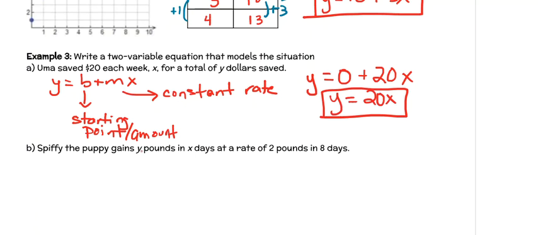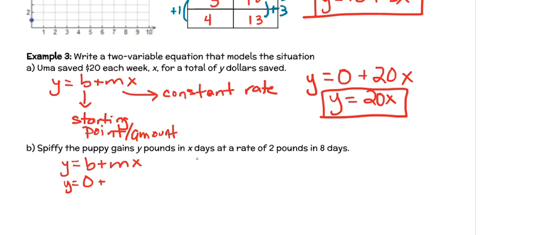Spiffy the puppy gains y pounds in x days at a rate of 2 pounds in 8 days. So again, in y equals b plus mx, we don't know how much the dog weighs in the beginning. We're just trying to find the rate of change in x days. So at this moment, we're going to put 0 for b. And your m is a rate of change. And the rate of change here is